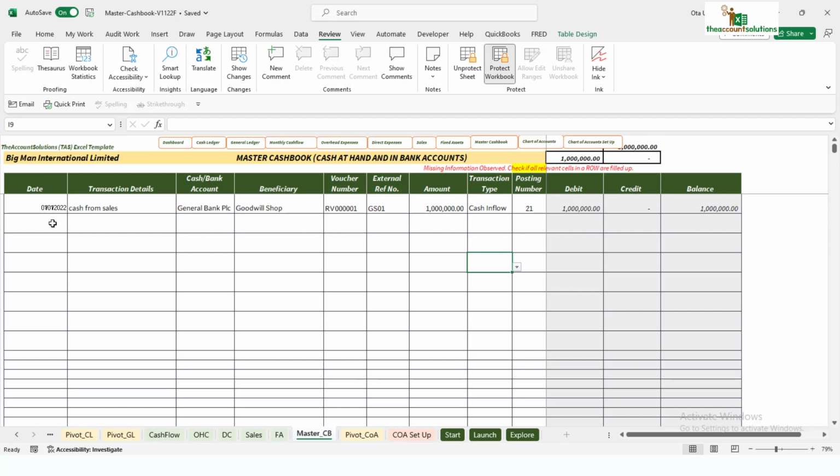Let's say the next day, 2nd of January 22, I paid for transport, for example, or for flight. Let's say flight. Then I'm paying from the same bank, General Bank PLC, to Uphill Travels. Then my PV, that's payment voucher,